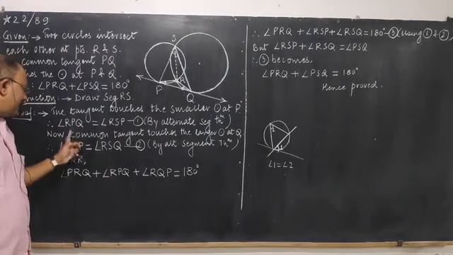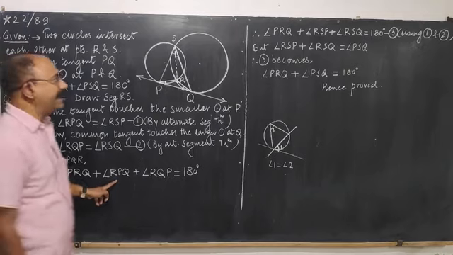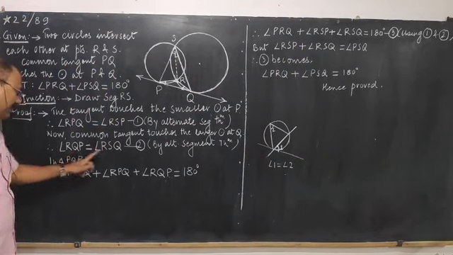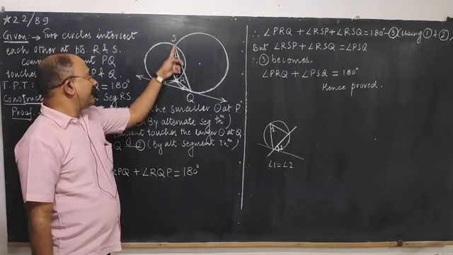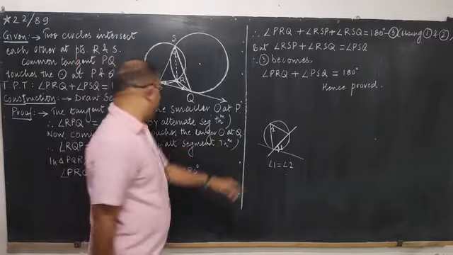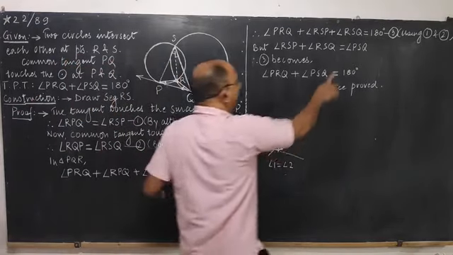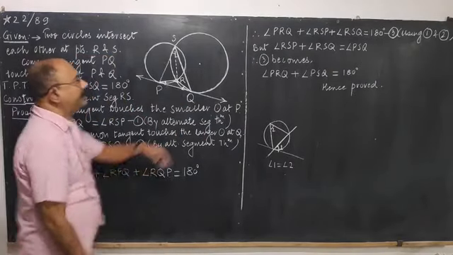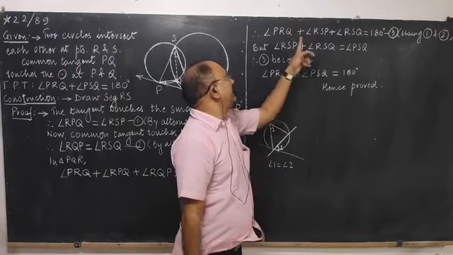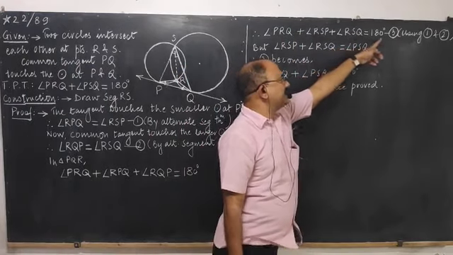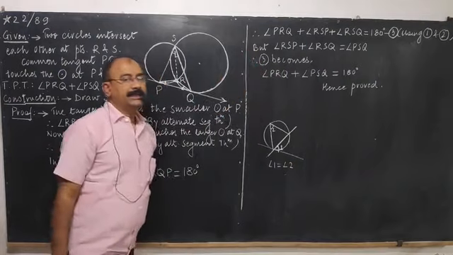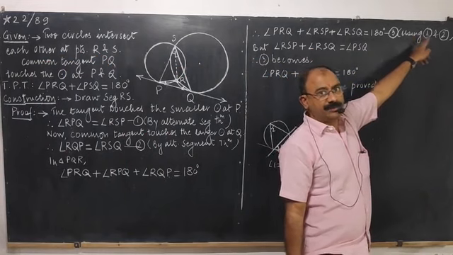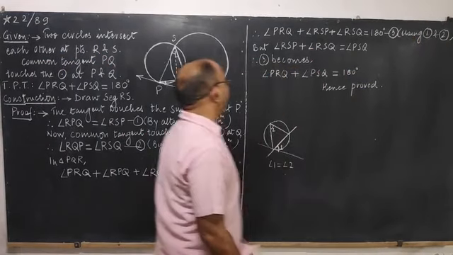RPQ इसका इक्विवेलेंट RSP है, तो इसकी जगह RSP डाल दिया. Okay. तीसरा एंगल RQP, its equivalent is RSQ. तो इसकी जगह ये एंगल डाल दिया. तो देखिए थर्ड एंगल की जगह हम लोगों ने RSQ डाल दिया. Correct. So what do we observe? That these two angles have been replaced by their equivalents, and we get PRQ plus RSP plus RSQ is equal to 180 degrees. Okay, we have numbered that equation as equation number 3, and how did we do the replacements? Using equation 1 and equation 2.